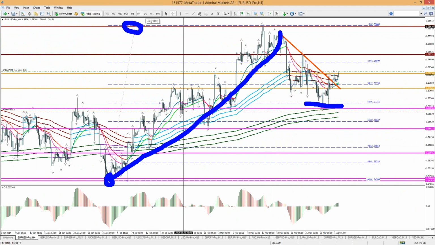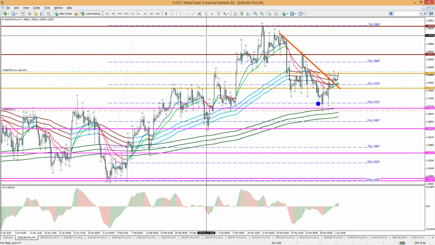So that could be a bouncing spot. And it's looking like a bouncing spot, or it already was a bouncing spot, in fact, but it's becoming a bouncing spot that is getting followed through. Why? Because it's breaking above this orange line. Right? So I hope that makes sense. I think it's quite straightforward, right, what we're looking at. So